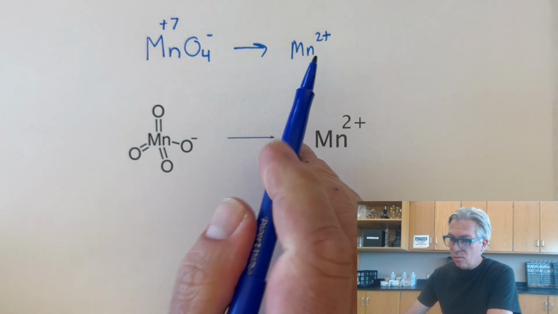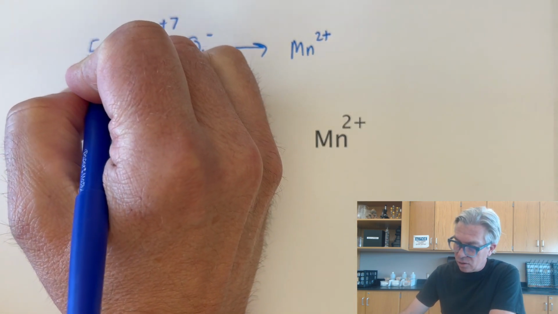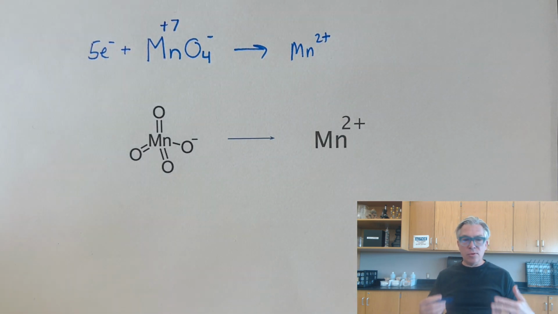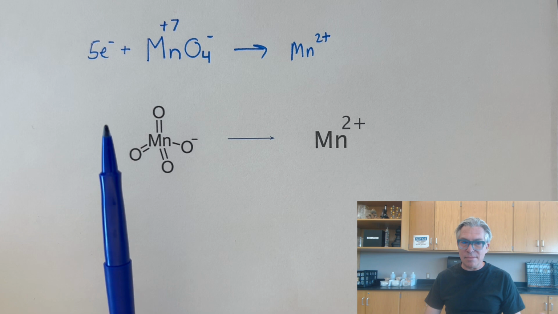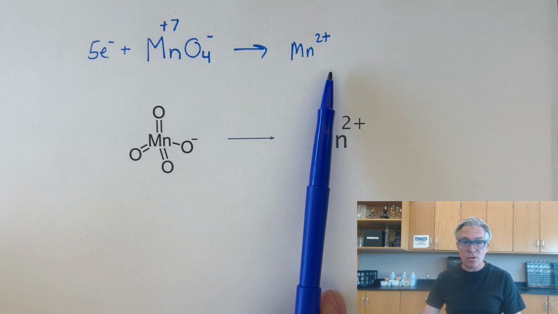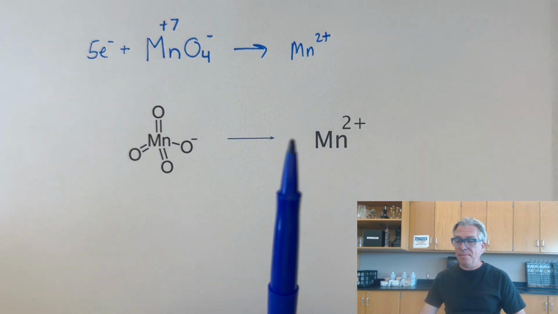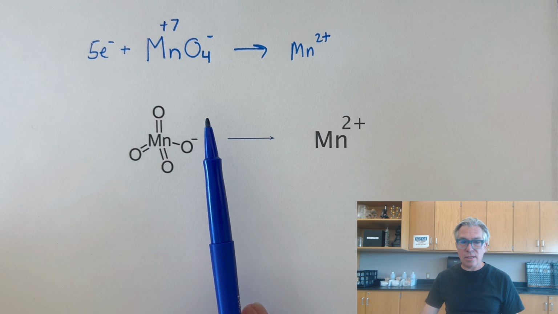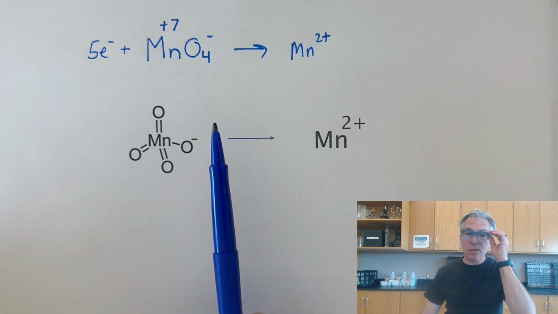That means, and it's getting reduced, so it has to pick up 5 electrons. So I'm just going to add those 5 electrons there. Now, some of you who are new to this might be looking at this being like, Mr. Rudolph, how am I supposed to balance those oxygens because they're over here, but nothing's over there? What is going on? Well, we have to recall that a lot of redox reactions happen in aqueous solution, which